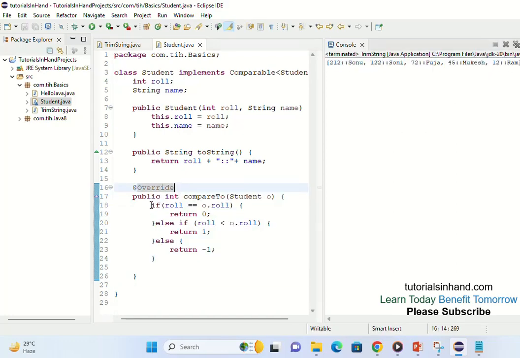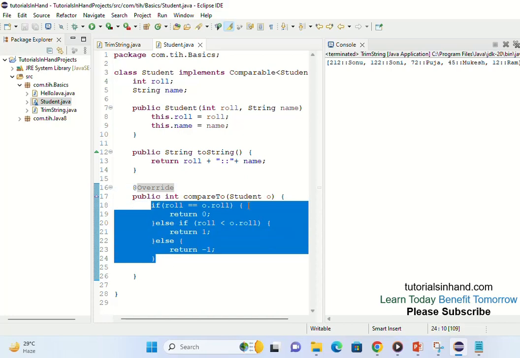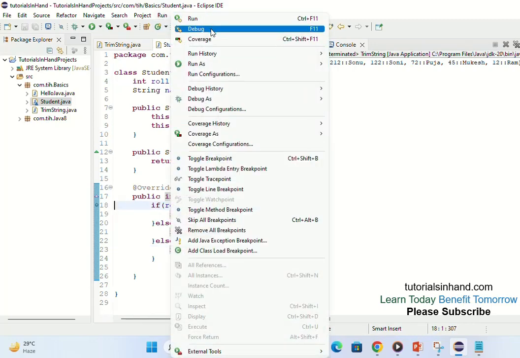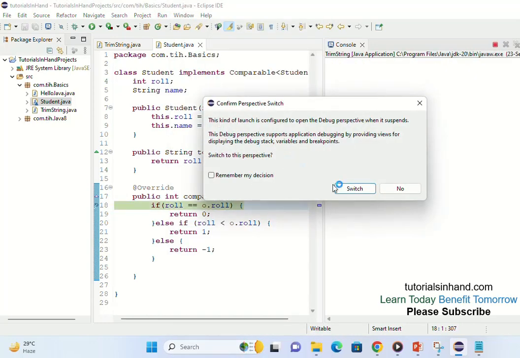So now you should be thinking how this sorting is done when we are returning 0, 1, -1. Internally there is a logic written which uses this value that you return to find out the elements which will be placed first and which will be placed last. That can be checked if we try to debug this one. So let's run in the debug mode. You can also try it yourself. Here I will just show you how to do that.